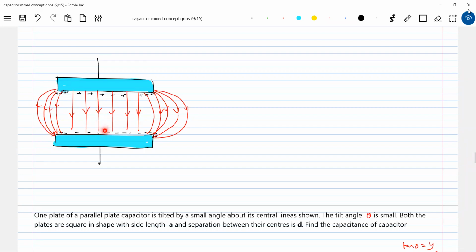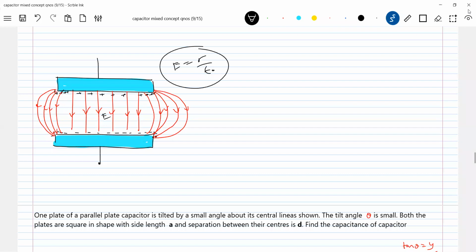One more thing: sir, you said this is for large plates. Look at a practical capacitor, it will be very small, like the ones in fans. Still, in between the plates we can treat the field as that due to large plates. So what is the expression for the field here? E equal to sigma by epsilon naught, similar to that of large plates. The dimensions of the plate will be finite. The field at the middle of the plate will be uniform, equal to sigma by epsilon naught, and at the edges it will be non-uniform.